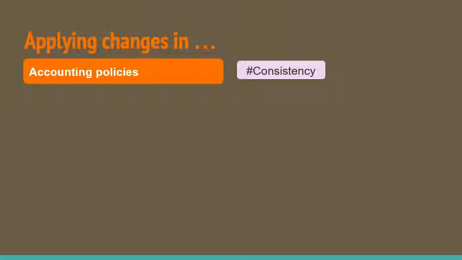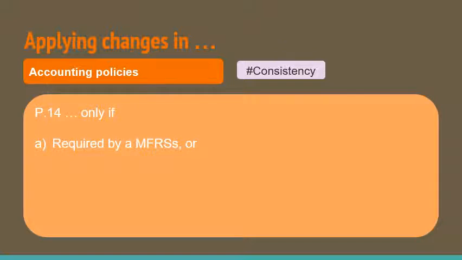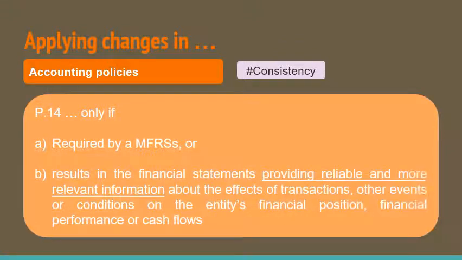Thus, this standard makes it a point that if you want to change your accounting policy in the first place, make sure it is because the standards require it. Any standards, either due to amendments or perhaps requirements of a new standard. Or if you believe that by changing the policy, it will give reliable and more relevant information than if you were to continue applying the old policy. Now again, remember that the objective of us preparing the financial statements is to provide relevant information for users of the financial statements to make economic decisions.